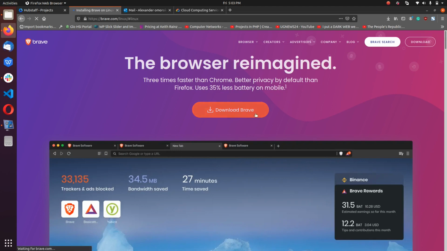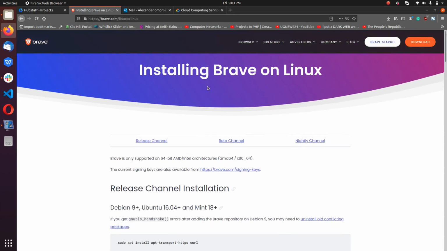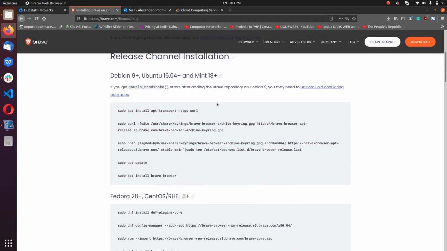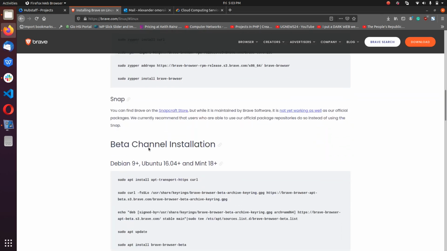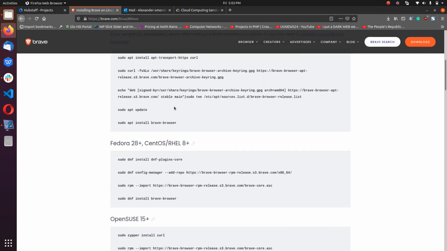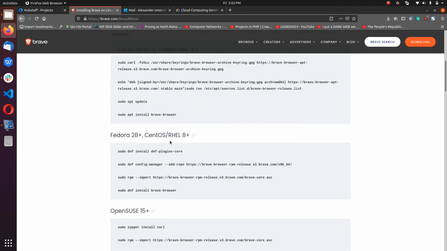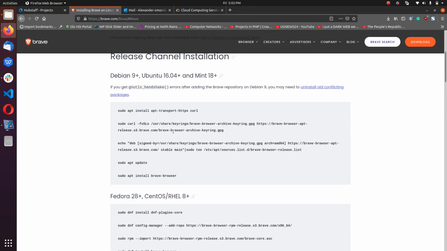So you click on download Brave. So, how to install Brave on Linux. You just look for the section that has to do with your particular Linux distro. So for us, we are going to be installing it on Ubuntu 20.04. So this is the section that has to deal with that: Debian 9 plus, Ubuntu 16 plus, and Mint 18 plus. But if you have Fedora, OpenSUSE, and all that, you can go to those sections. You can also have a snap version of it, but